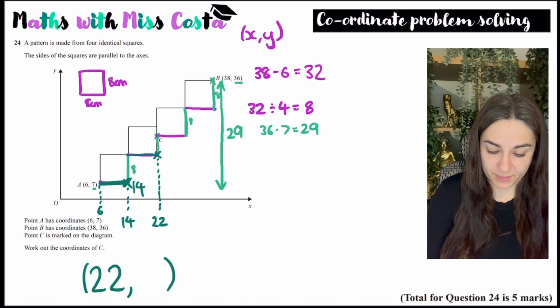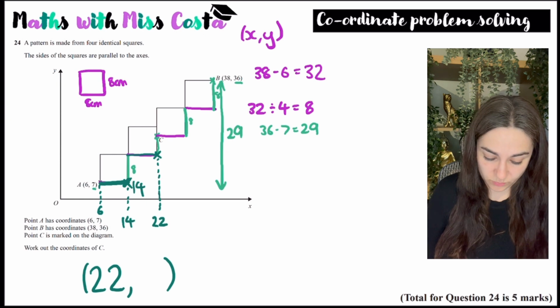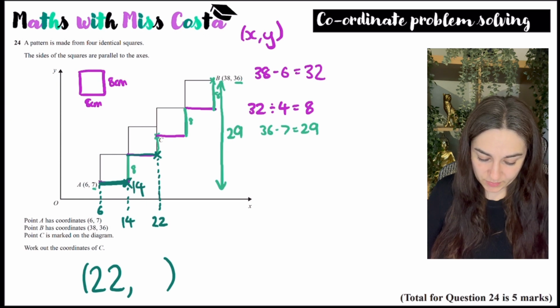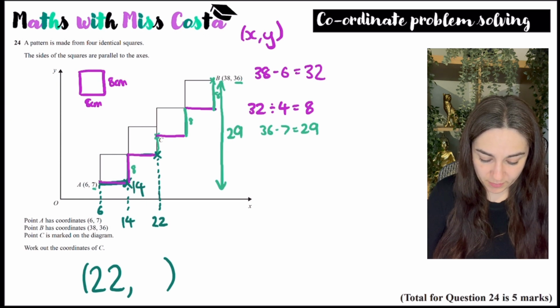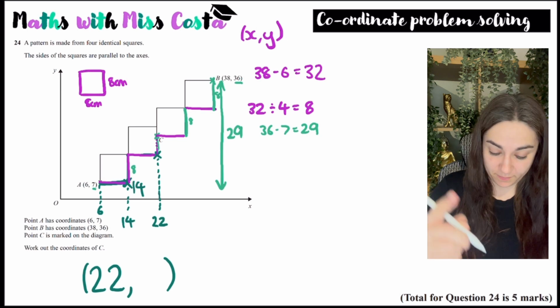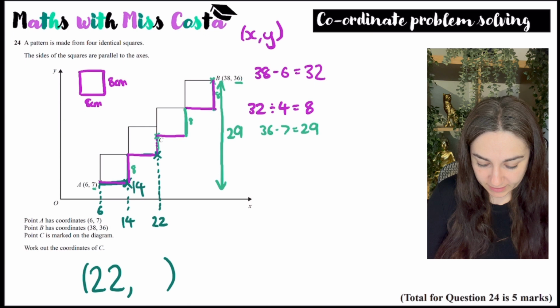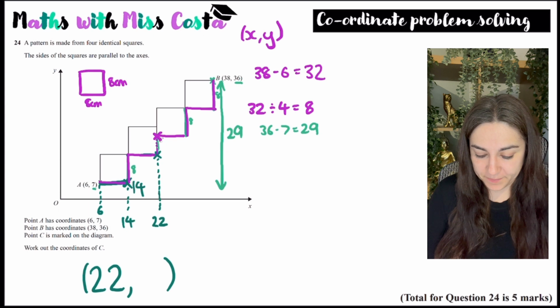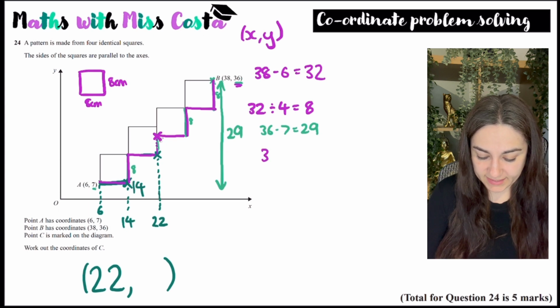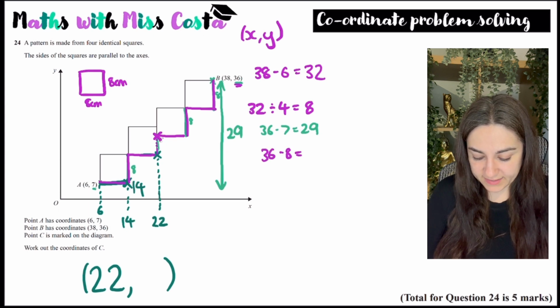And now all that's left for me to do is find out what the y coordinate is. So if I start this way, I know I'm going up 8, but then I don't know what this distance here is. So perhaps I might start by going the other way. So if I go down 8 and then down 8, I'm reaching the y value of where C is. So I know that I'm starting with 36. And if I take 8 from that, I'm left with